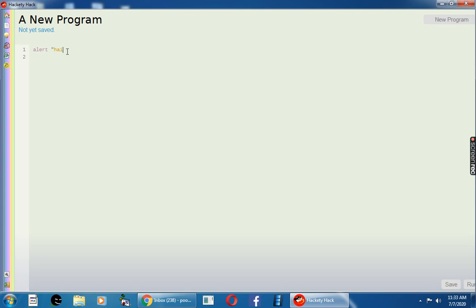But if you do not give double quotes at the end, if you run the program, you will not get the answer. So this mistake we usually do. Okay, so here at the end I am giving double quotes, but if I am not giving it, alert, space, hi, but it is not starting with double quotes.